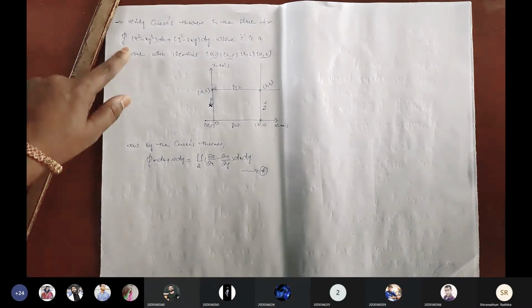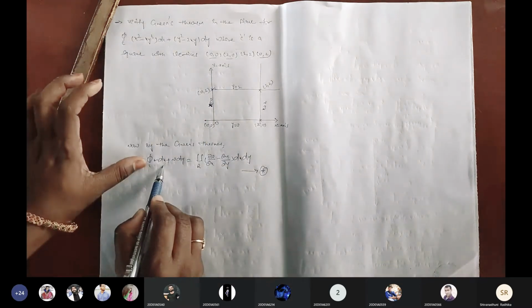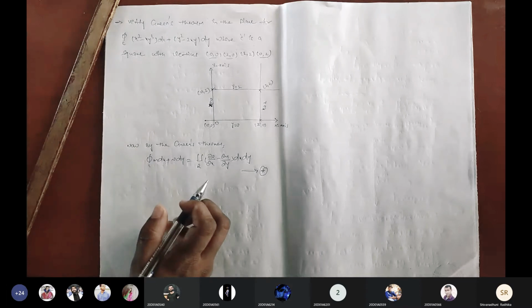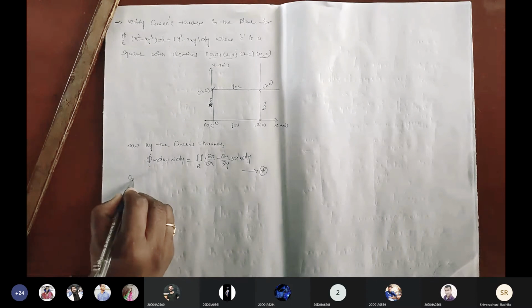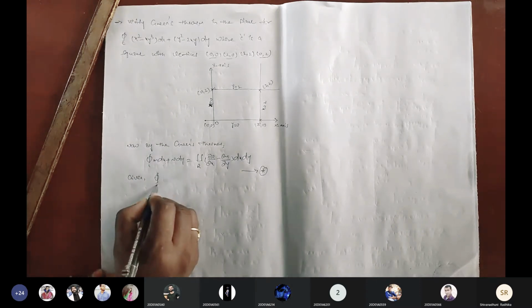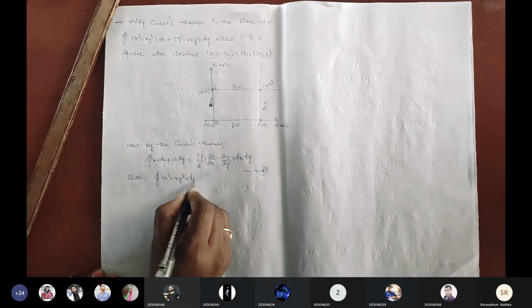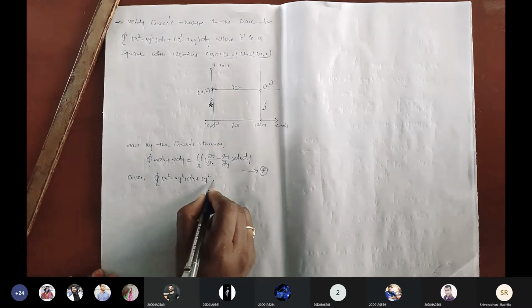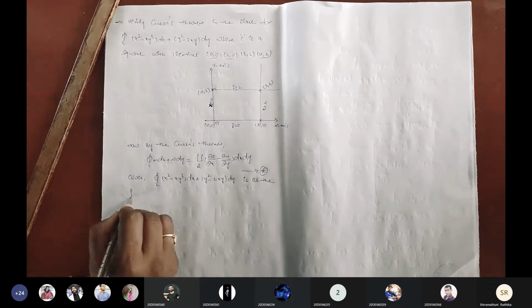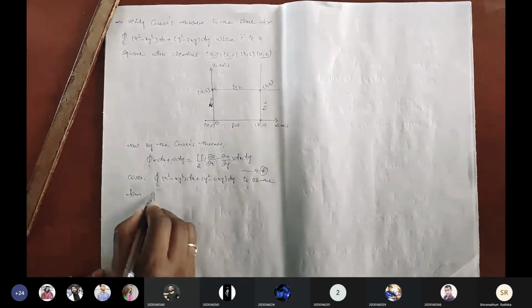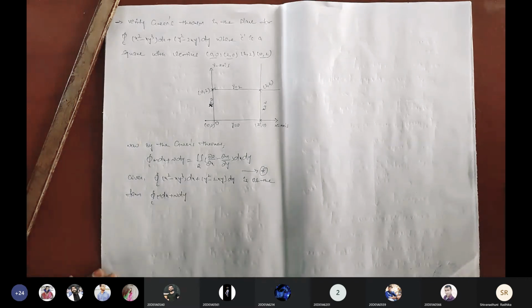Okay, now the given line integral is of the form LHS of the Green's theorem. So compare the LHS and the given line integral. Then we are going to write capital M and capital N. Is it right? Again, given integral over curve C x square minus xy cube dx plus y square minus 2xy dy is of the form, which one? This. Integral over curve C M dx plus N dy, LHS of the Green's theorem.